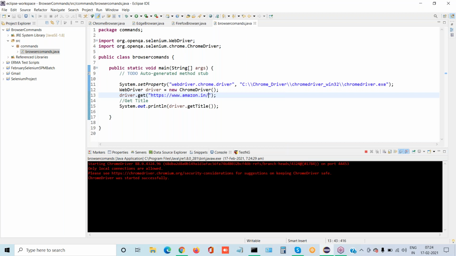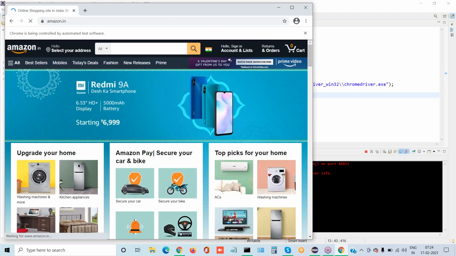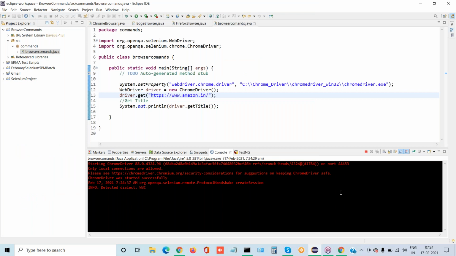Your title will be printed: Online shopping site India. That is what we are validating. This is the output for us, so it is working as expected.